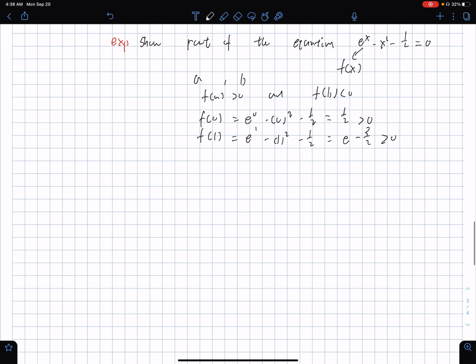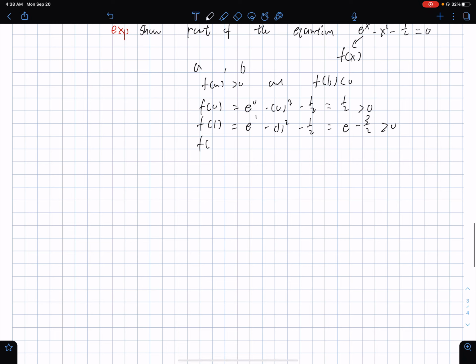So here we can try f(-1), and so e to the power minus 1 minus (-1) squared minus 1/2. We would get 1/e minus 3/2, and we can approximate that this would be smaller than 0. So, since the function f is continuous